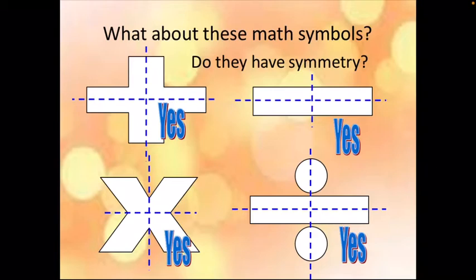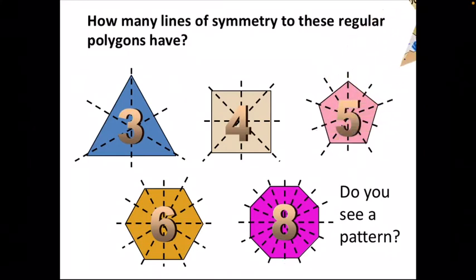So the best example is, for example, let's take a star. 1 2 3 4 5. A star has 5 corners, so you will have a rotation of order 5. So how many lines of symmetry does this regular polygon have? Order of symmetry is different from line of symmetry. Line of symmetry is drawn along the particular line where you find the identical part. But order of symmetry is nothing but a rotation according to the figure.